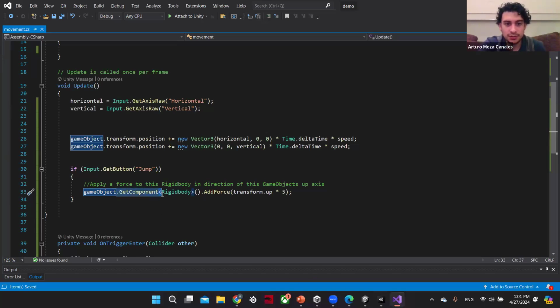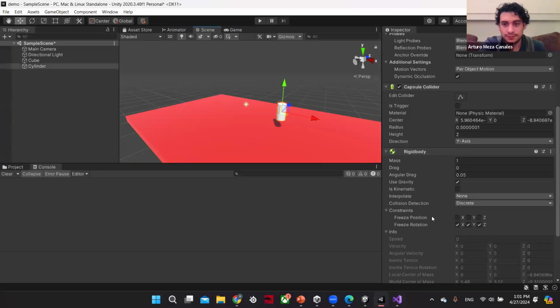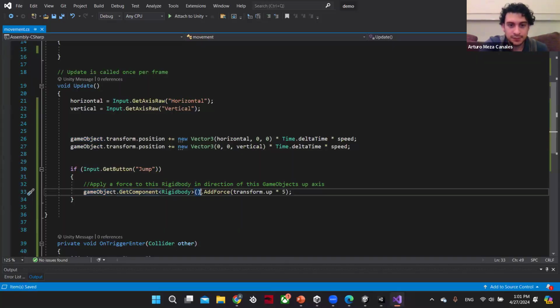This get component function will get the rigid body. It'll say, okay, look for a rigid body. And then a rigid body has a function itself, which is add force. And we can say transform up, multiply it by 5, and if we do something like 100 or whatever,